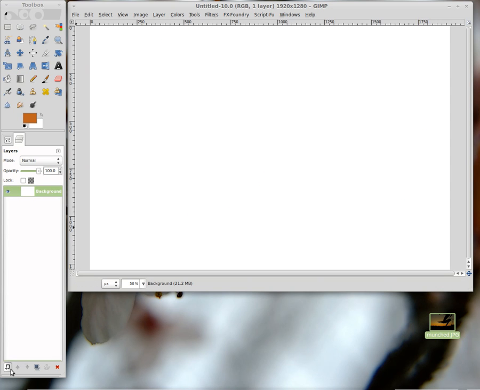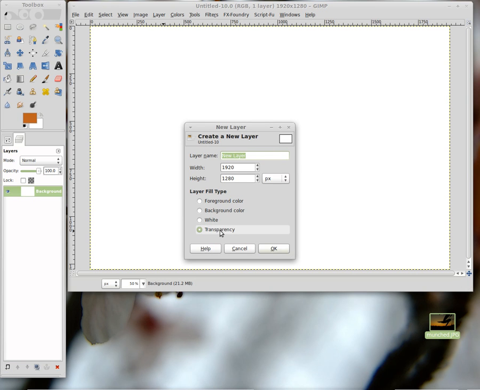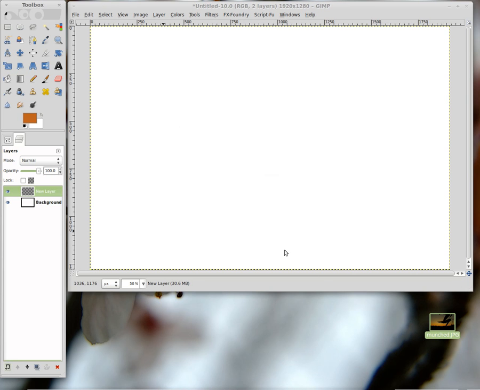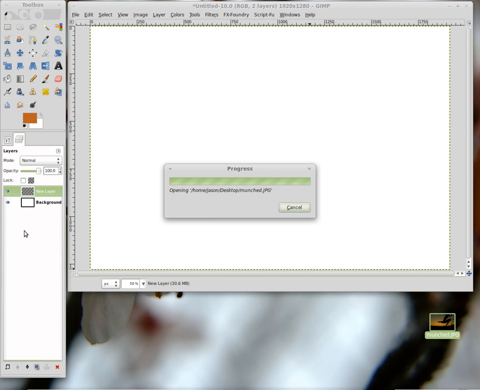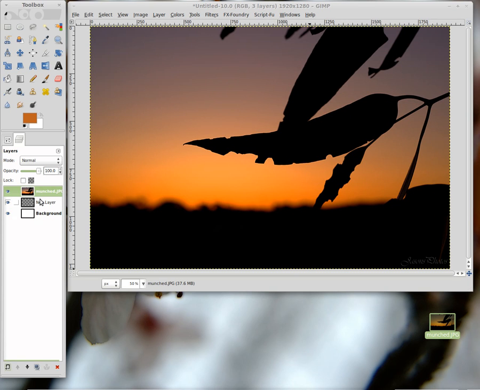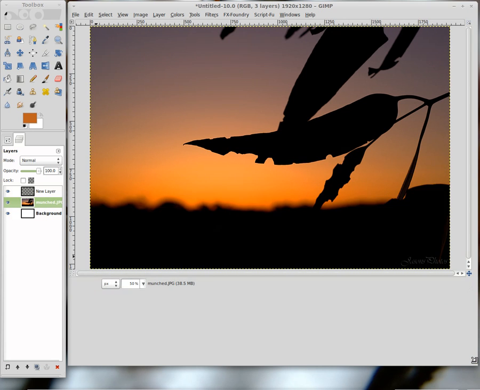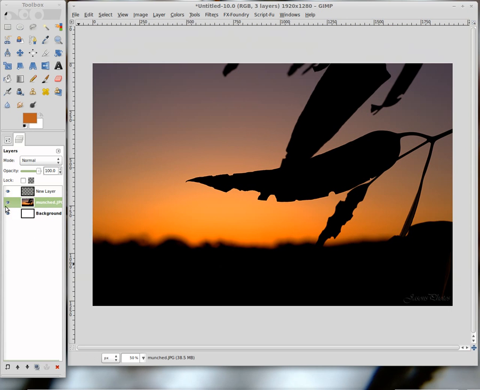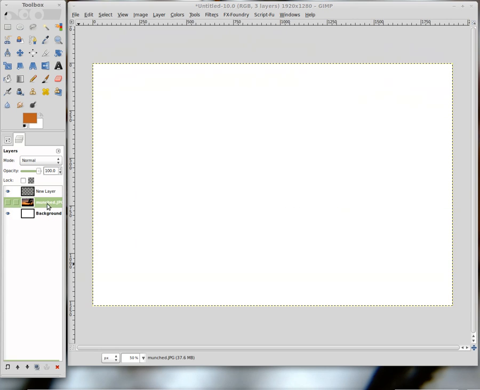Now let's create a second layer. We want this to be transparent. Okay. And our picture that we're going to use, let's drag that on in there. Now let's get the order right. The picture you want in the middle, transparent layer on top, background on the bottom. So let's go resize that one out a bit. Alright, let's make that one not visible so we can see what we're doing with creating